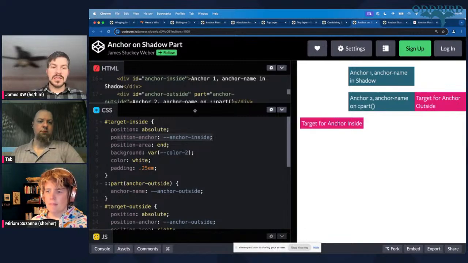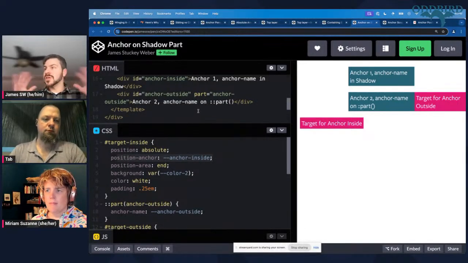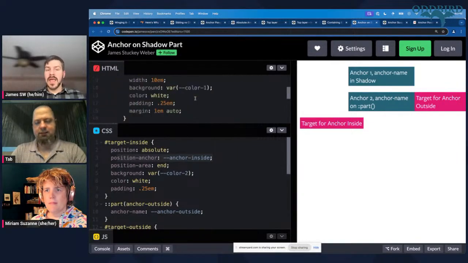And this would also be the case if you had multiple shadow sheets. You wouldn't be able to talk across that. But what you can do,